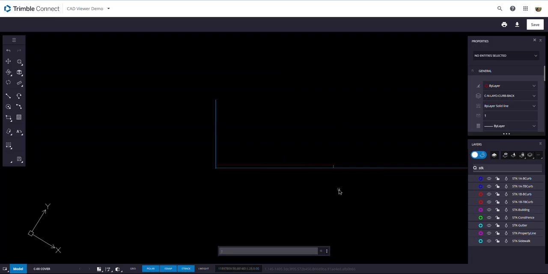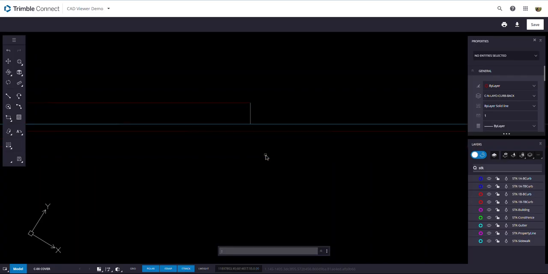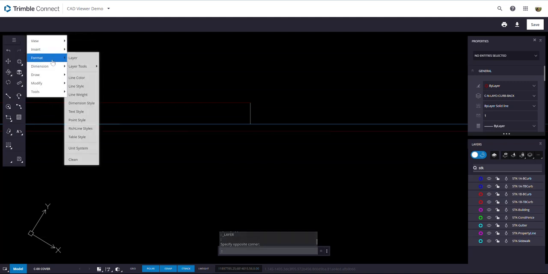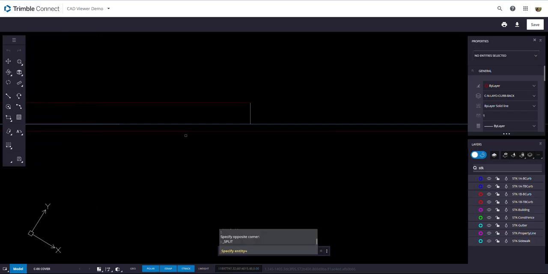So now we got this one down here, and I left this one for last. We're going to leave the gutter pan on for a minute because we got these two lines here. What we need to do is break this line here. So we're going to go over to the menu, and we will come down to the modify where we have the split option. So when I click split, I'm going to select this line here, and it's going to ask me for my